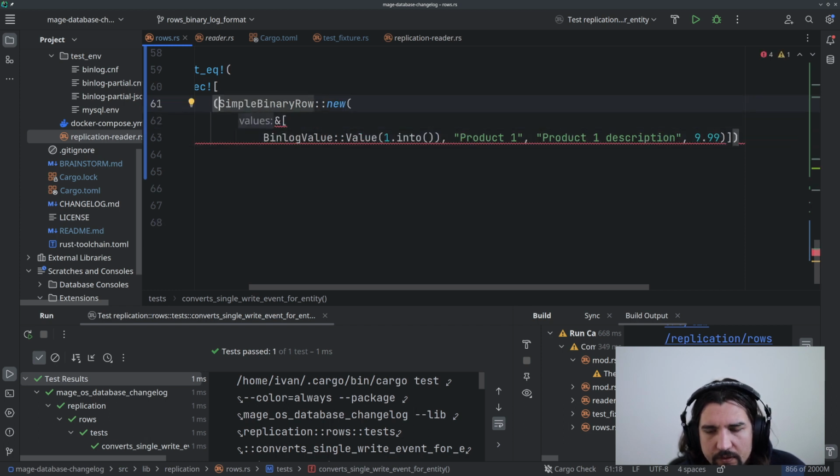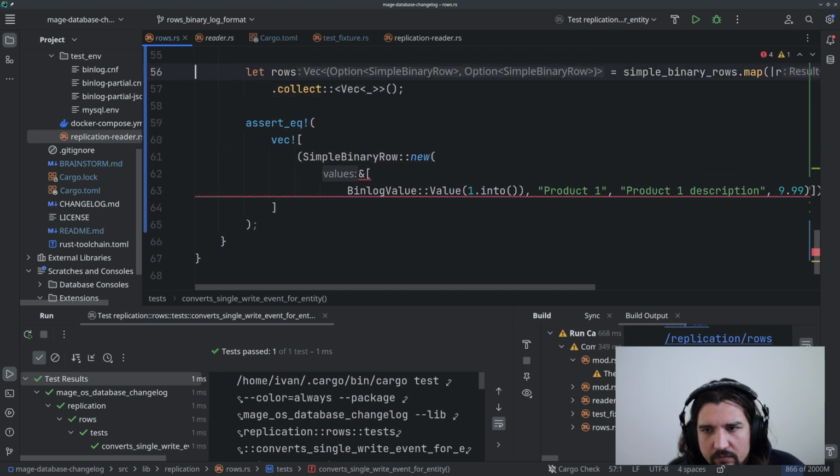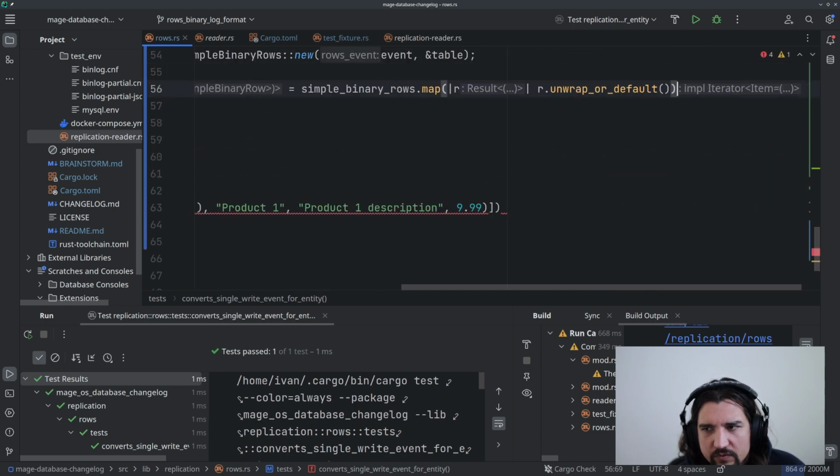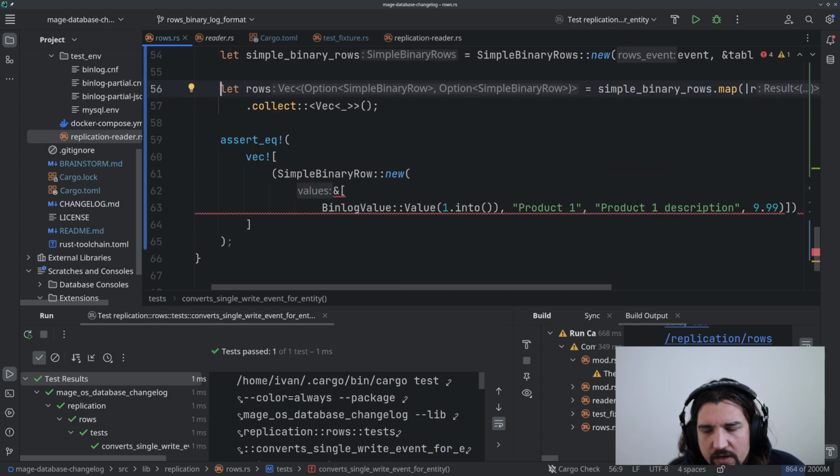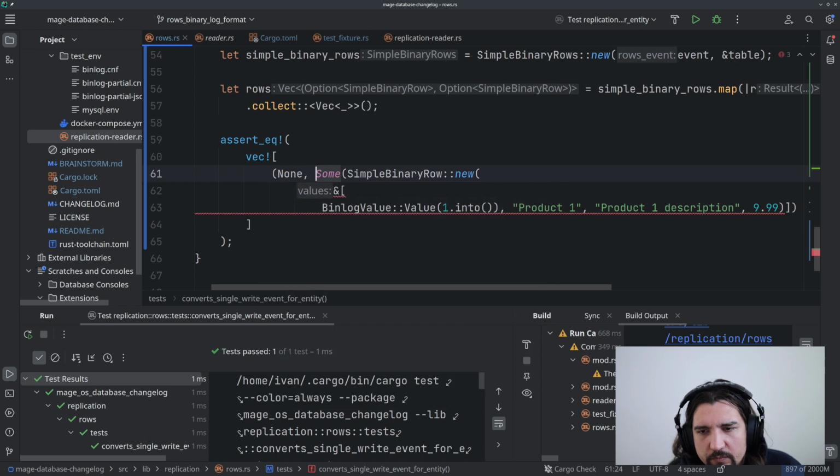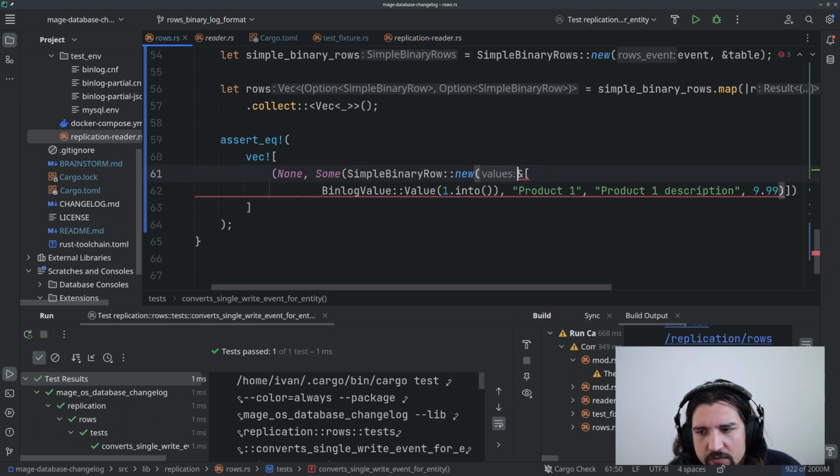And the funny thing that for this event, right, I know that there's gonna be only one, but I want to test both of them. So I'm gonna say some after, but here, for instance, the first one will be none, but the second one is gonna be,